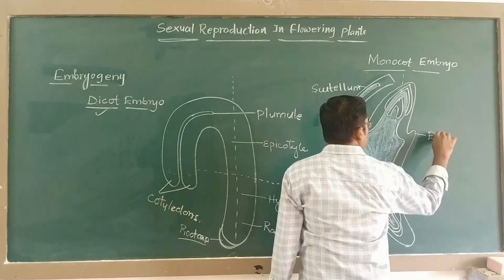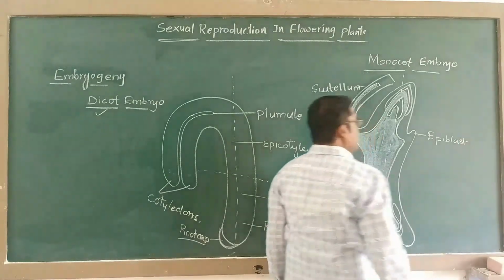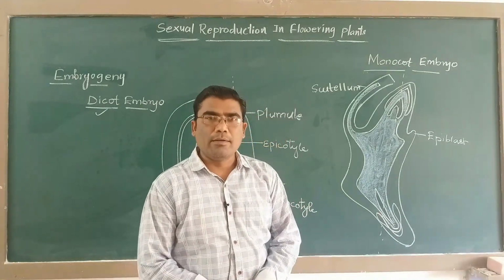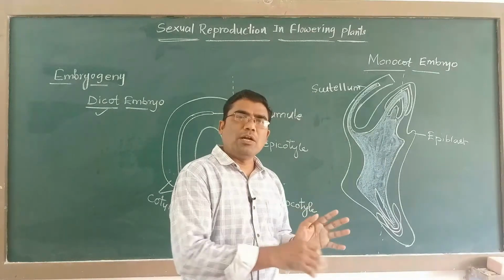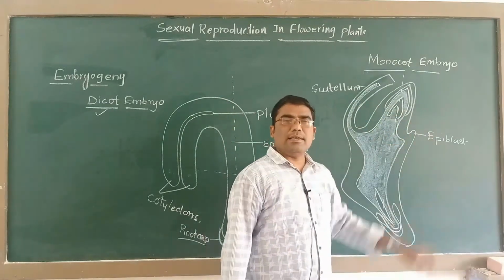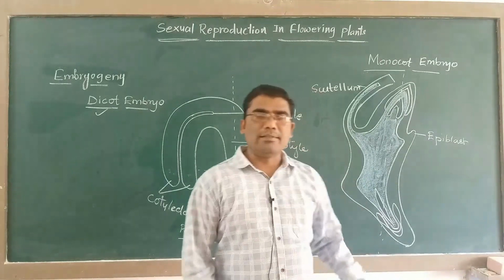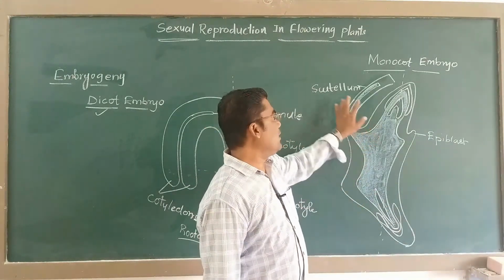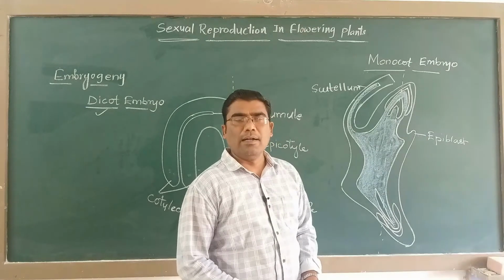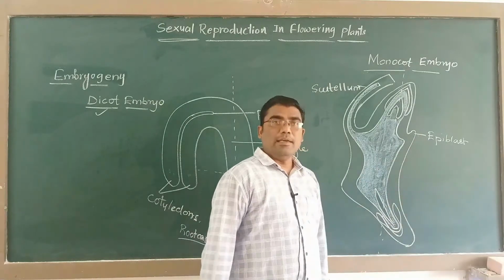This projection is called epiblast. What is this epiblast? Commonly, epiblast is a rudimentary cotyledon. It means this is a cotyledon which is not properly developed, this structure is underdeveloped. Here epiblast is the rudimentary, non-functional, underdeveloped cotyledon. Here this is the monocot embryo, so it possesses the single cotyledon, whereas the second cotyledon has become underdeveloped. It remains just as a simple projection, and this is said to be the epiblast.